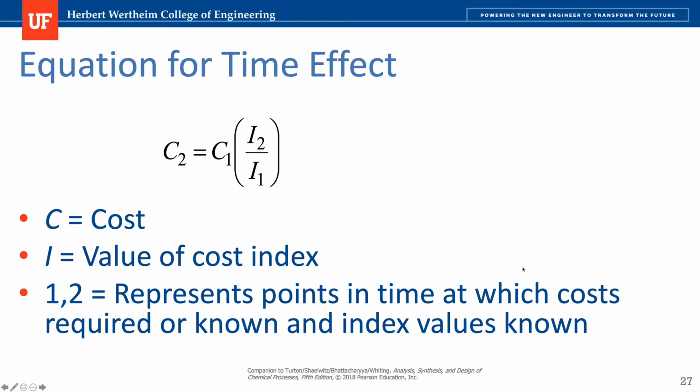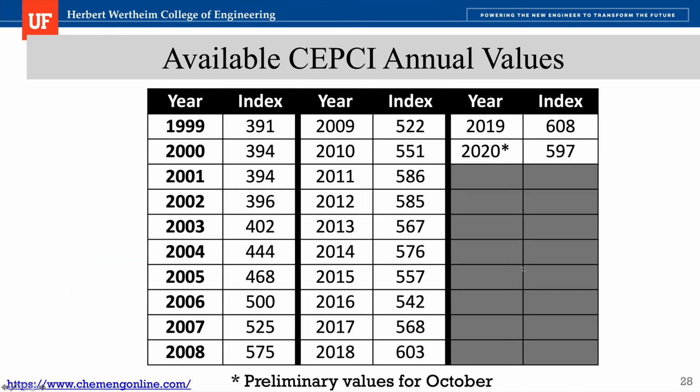So let's say that you calculated the heat exchanger area for 1985, and that's the information that you have, with the same capacities, the same equipment, same capacity. The only difference is this time scale, right? So we are just comparing here the same equipment at different points in time. That is really, really important. So this is what I have, right? So for available CEPCI annual values, I update this every year. So right now we are in 2021, and the last one that we received for last year is 597. I think this is still preliminary. I'm not sure if this is the final one, but it's pretty low compared to the previous year just due to the pandemic.